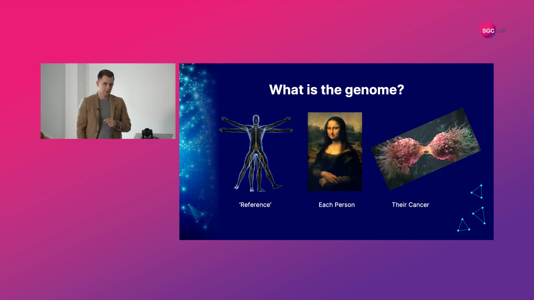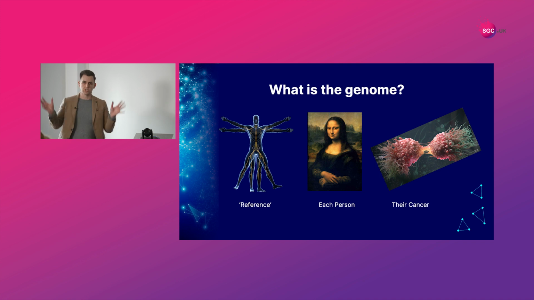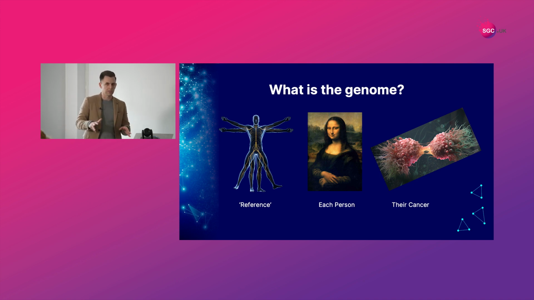And when we're thinking about the genome, we think about the human genome, and that's termed the reference genome. So that's just this stylized picture of an average human here. So when the Human Genome Project was being done in the early noughties, they wanted to find out, well, what is the human genome? And we talk about this reference, so it's kind of the average human has this genome. This is the blueprint for a human, and we call it the reference. And there's a lot of debate about how good that reference is. I think that the reference genome is mostly made from about 8 different humans. So you're not really getting all the variety of the different humans and ethnicities that we have thousands of different